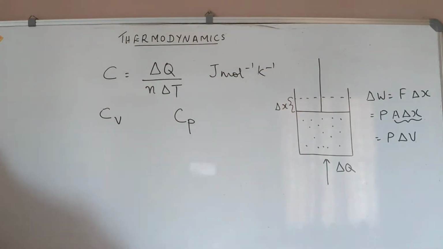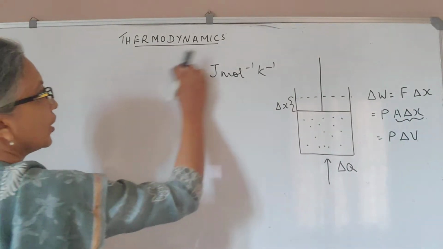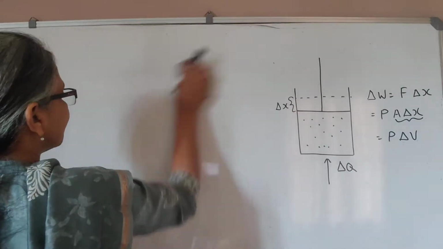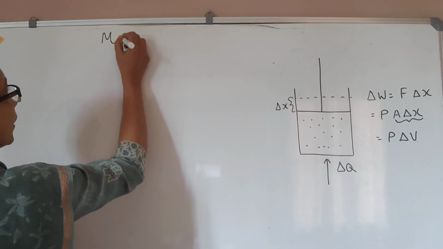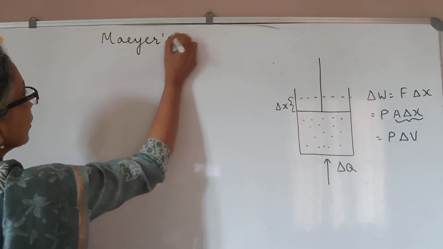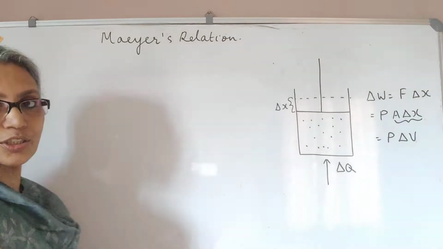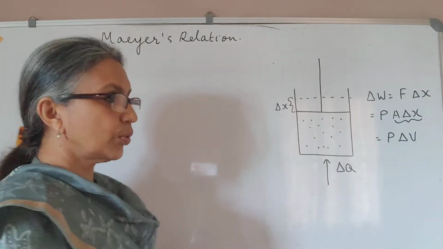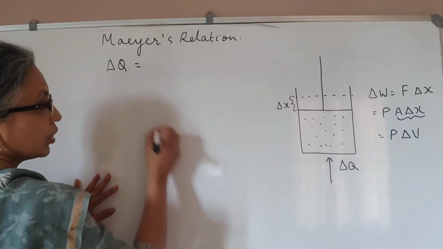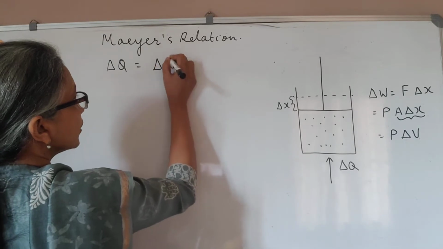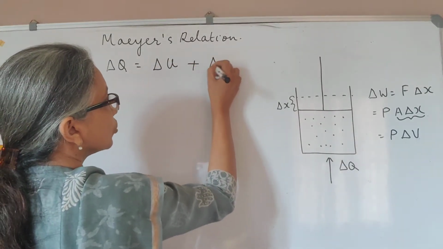Now, what we're going to do is find a relation between Cp and Cv, which is what you call Mayer's relation. So we're going to derive the relation between Cp and Cv. If we go back to our last session, the first law of thermodynamics says the quantity of heat supplied, delta Q, is equal to the part utilized to change its internal energy. The remaining is utilized to do work.